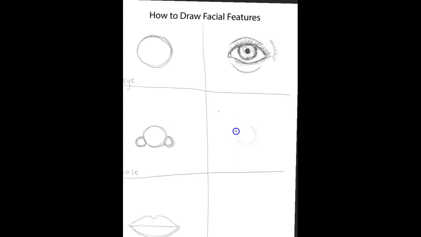So again, the circle, the small circle on the side, and the small circle on the side. Okay, now what we're going to do is connect it up a little bit. This is just a very basic shape, and it's probably suiting a nose that's more like a button nose than anything else. I'll show you how we can elaborate on it to make it look like a complete nose